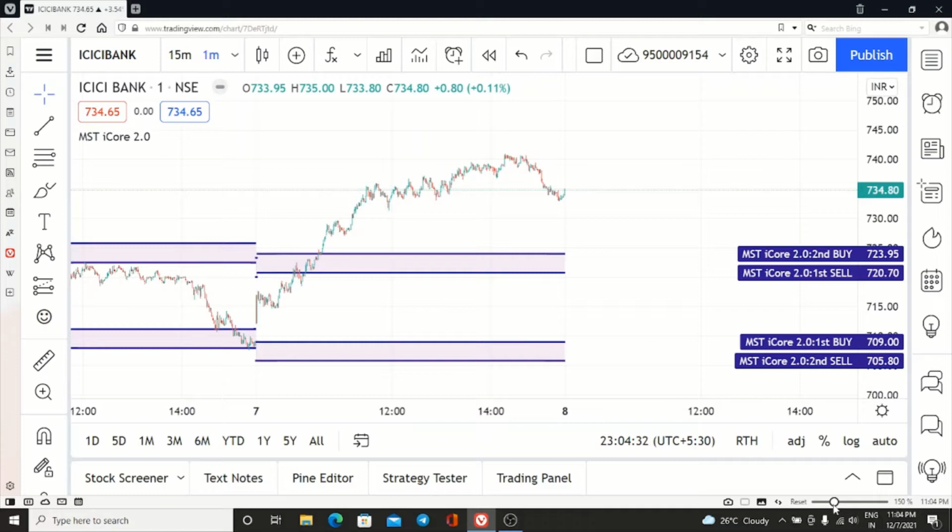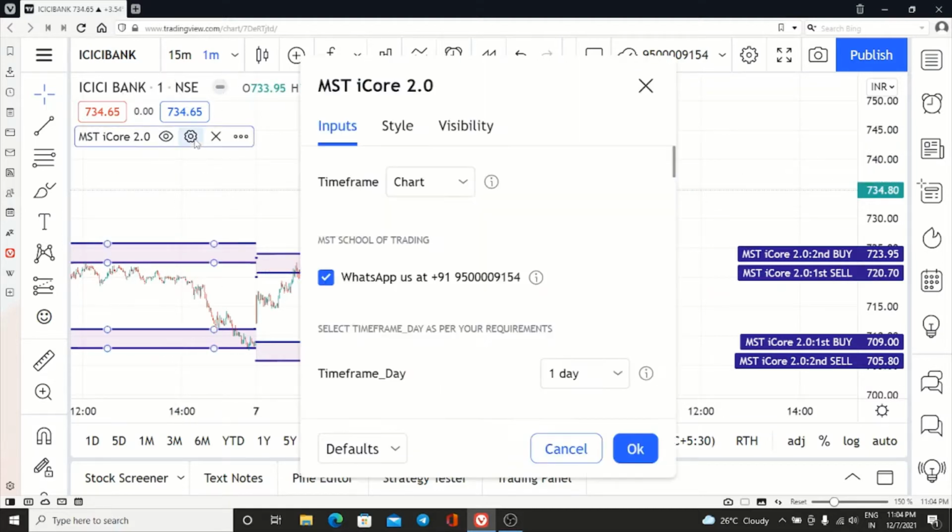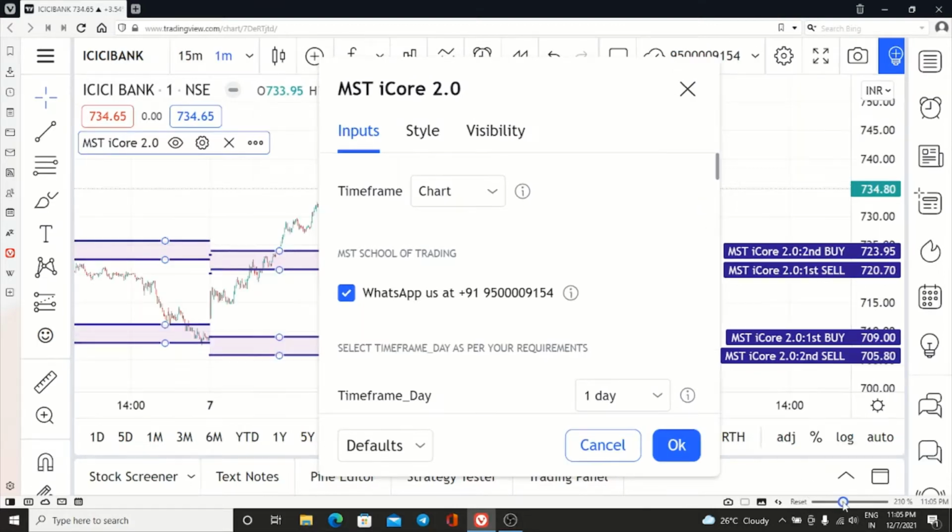So that is why we are calling this an advanced trading system, in which we will be getting 12 different types of signals. Otherwise, I can say we will get 12 opportunities in a day. So I will explain the contents of our indicator. What all we are having in this indicator, I will zoom in and show you.